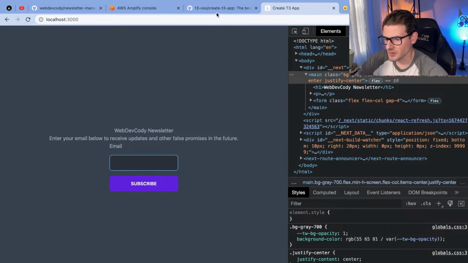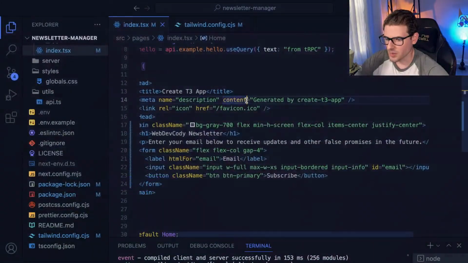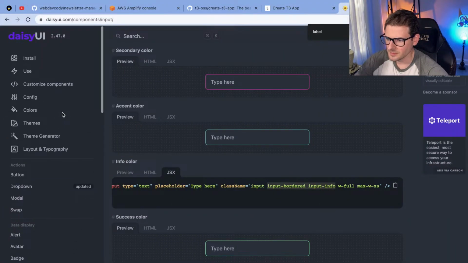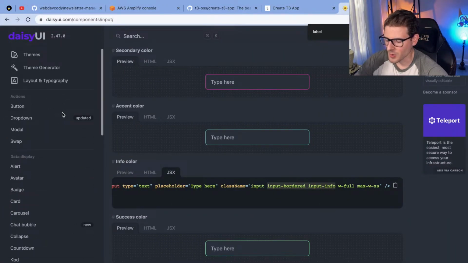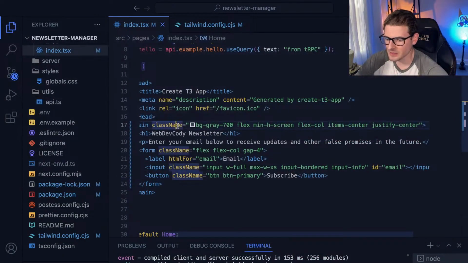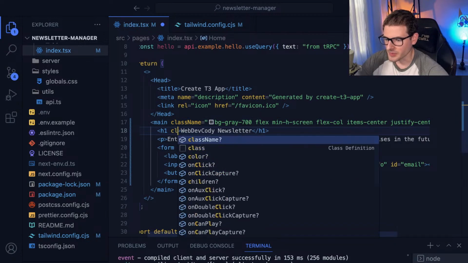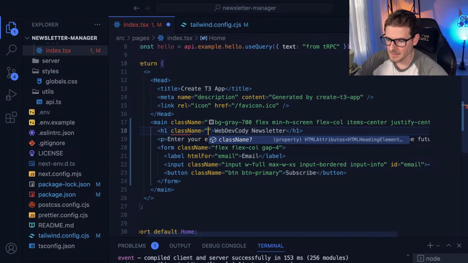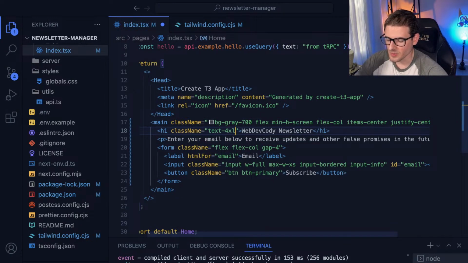The styling looks pretty awful though. So for the H1, I wonder, Daisy's just a component library, right? So I'm not going to give you styling for the actual H1s and stuff. So I guess that's up to the developers, like myself, to make this the way I want it to be.